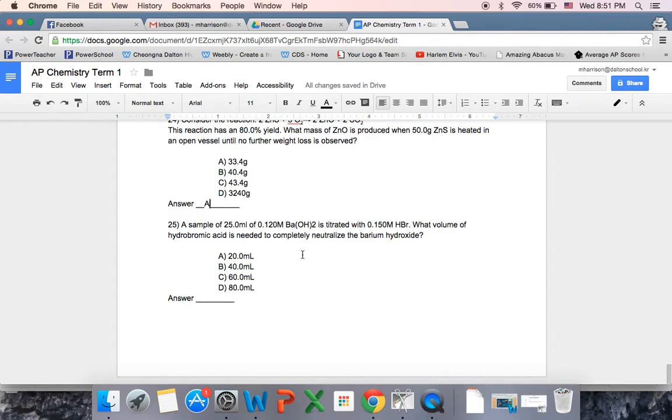Important thing to remember here is the 2. So there are going to be 2 moles of hydroxide produced for each mole of barium hydroxide that is used, which means we can effectively multiply 0.12 by 2 to give us 0.24 moles of hydroxide ions,